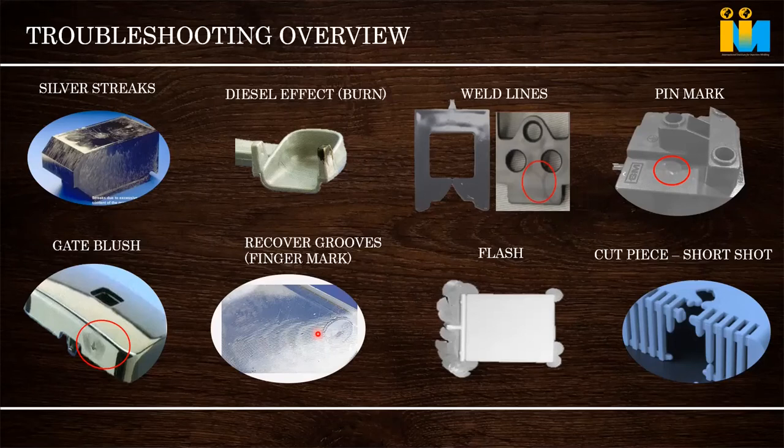If you are trying to remove the gate blush, people reduce the injection speed. In that case, this mark will come. So they will struggle in between. Both marks are ulta pulta. Whenever gate blush comes, this gets removed. Whenever this gets removed, gate blush comes. For that reason, I told you, when we increase the gate, both things will be attended to simultaneously. Otherwise, this will behave ulta pulta. If one thing is increasing and the other is reducing, then we'll be in trouble. We'll be in a soup. We don't know what to do. And we have to set the process so critically in the molding machine that it will not be repeatable. So better to attend to the gate, then both conditions will be met.